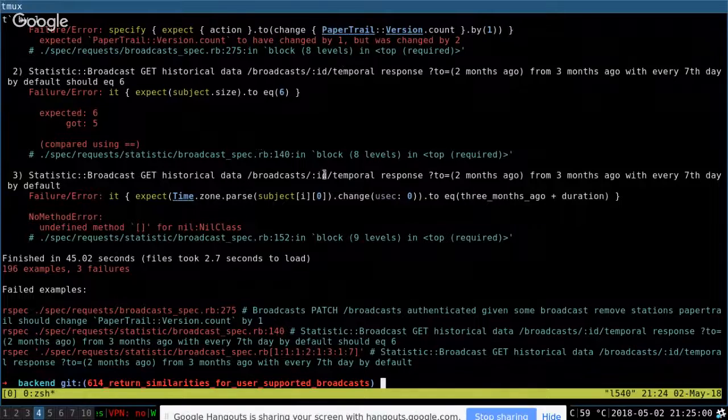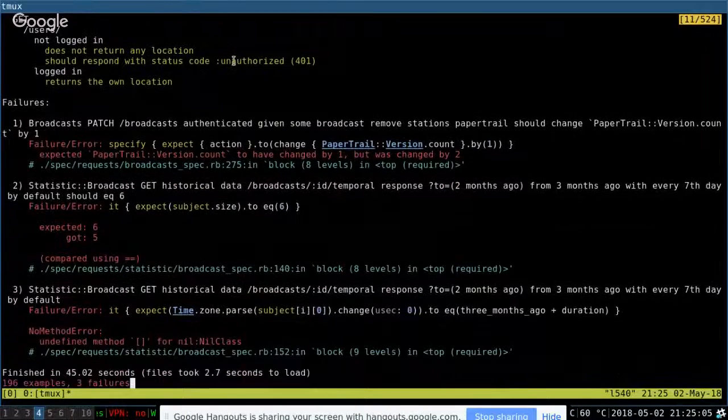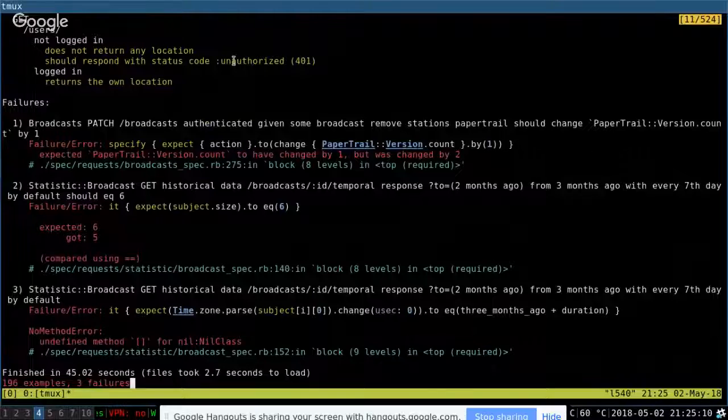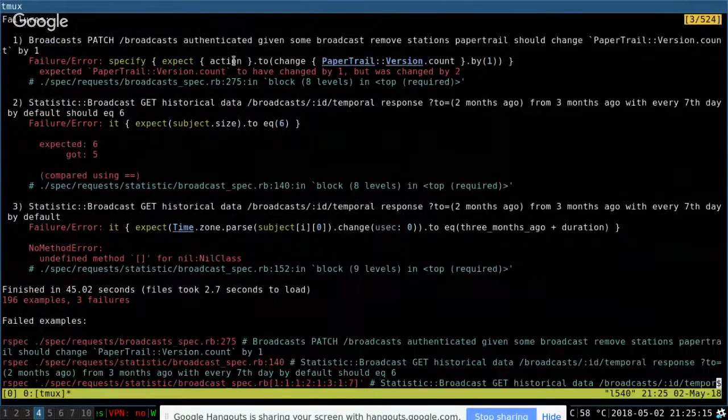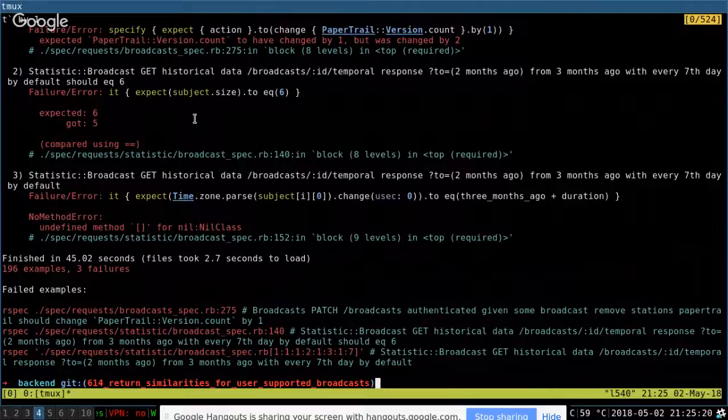So temporal, and patch. Yeah, paper trail and the time zone. Don't know if you want. Mine just arrived. Hi. All right. So, but I guess we can just ignore it for now.